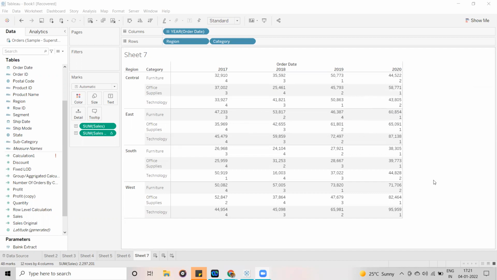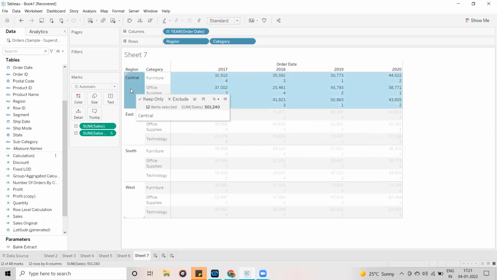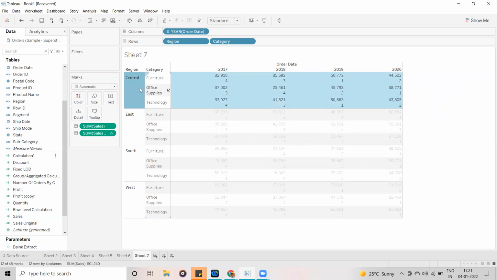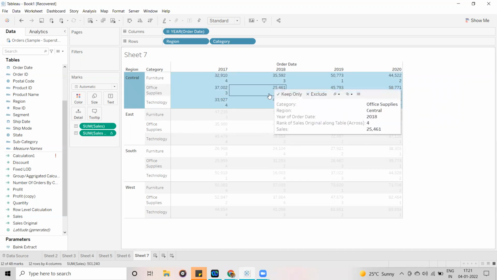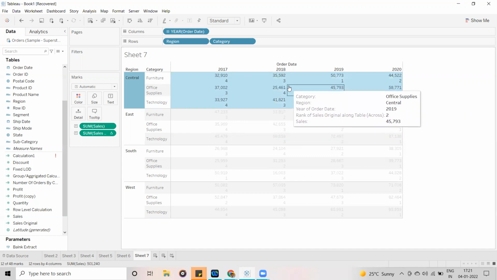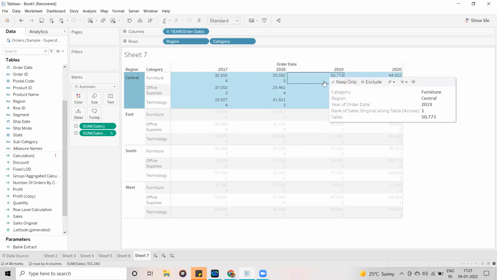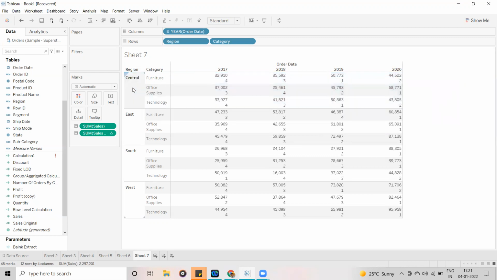Now guys, as I said, by using compute options we can change the direction. For example, now the customer wants, in the central region, irrespective of the category, to apply the ranks for this entire pane. So how are we going to take the ranks for this entire pane? Now you can see 1, 2, 3, 4, 1, 2, 3, a total of 12 values is there. Then it is going to display ranks from 1 to 12. So this is if you are going pane wise.